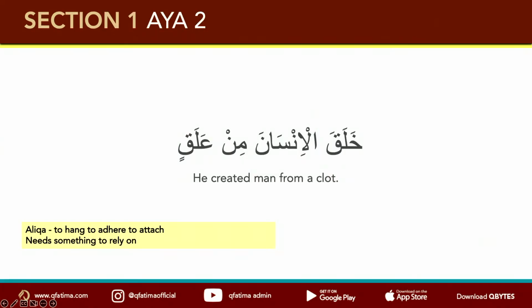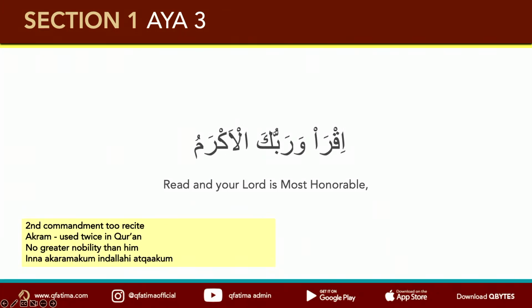Okay, section 2. Iqra bismi rabbika alladhi khalaq. Then he was told, khalaqal insana min alaq. The human being was created from something that attached itself. It's talking about physical. The first way to look at it is looking at the physical, where a child is produced, whereby the ovum attaches itself to the lining of the womb. But the ulama tell us that the human being cannot progress or grow unless he or she attaches himself to Allah. So alaq is to hang on. They call it a leech as well. So khalaqal insana min alaq. Again, iqra.